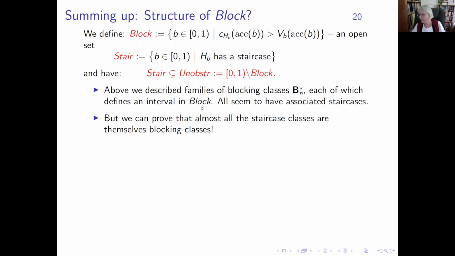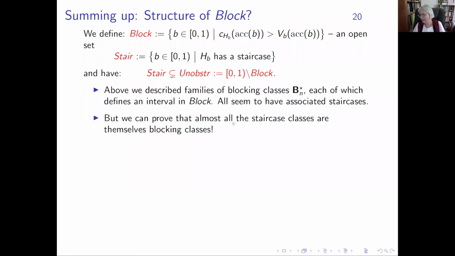I also checked that the blocking classes all seem to have associated staircases. Well, that's a seems, it looks likely. But in fact, the staircase classes themselves are blocking classes. That's the point. We have many, many more blocking classes. And therefore, you know,